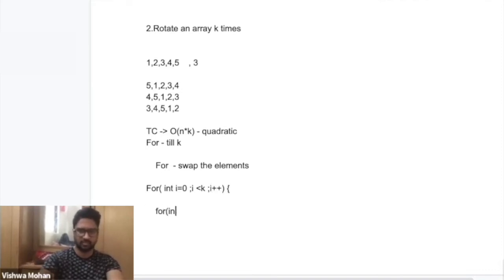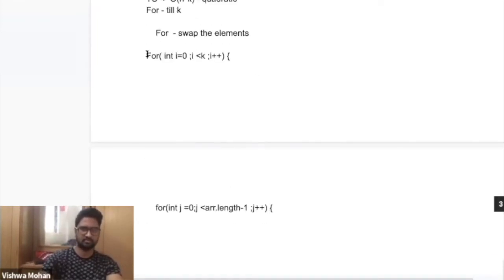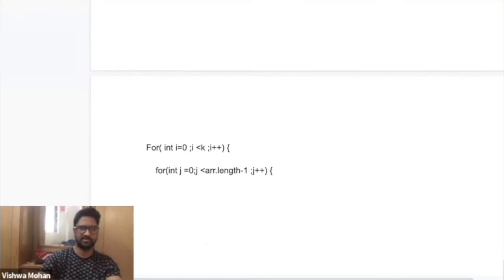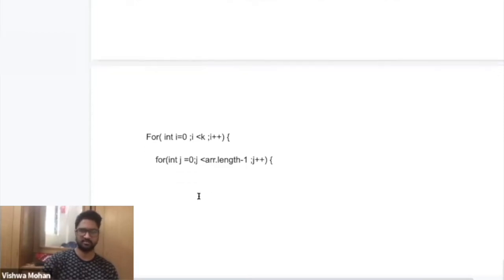Then the inner loop: j equals 0, j is less than n. Tell me what should I write inside this? I've written it like this. Can you guys help me with the code? Are the conditions in both for loops correct, or do I have to make any changes? If I have to rotate the array, you said I have to write 2 for loops, right? I have written 2 for loops. What should I write inside this? Can you help me with that?